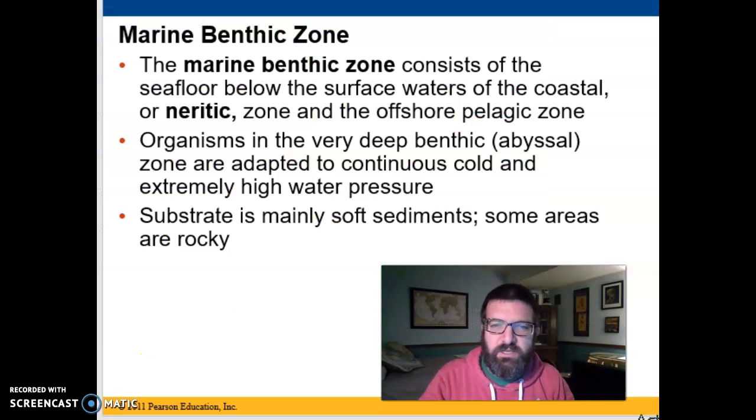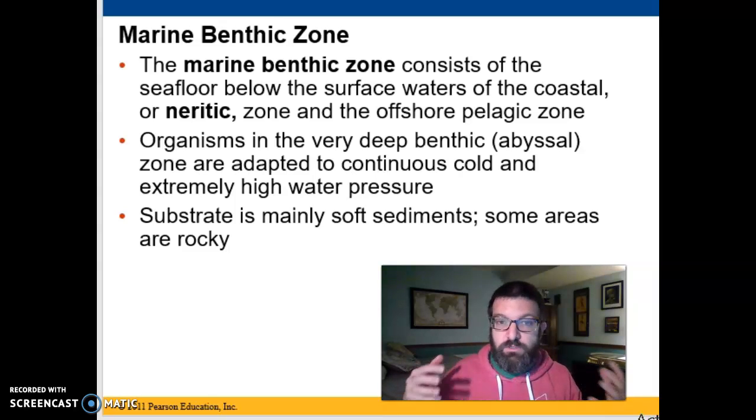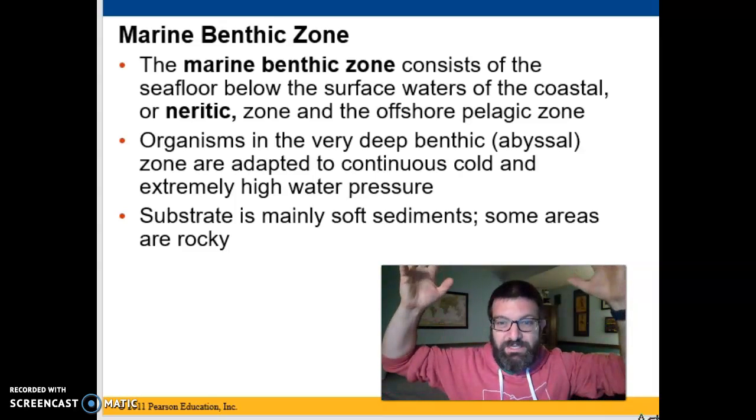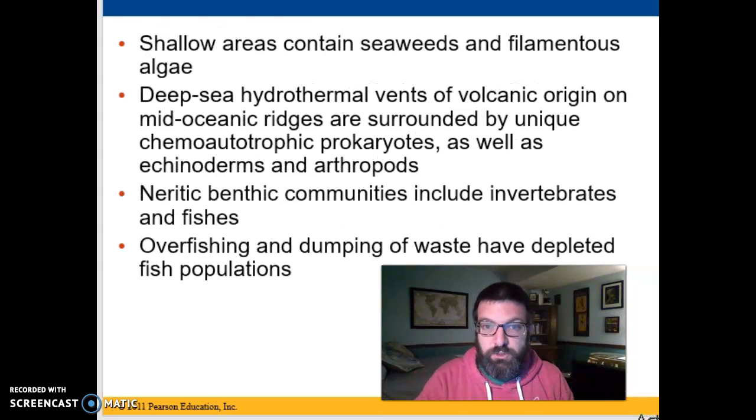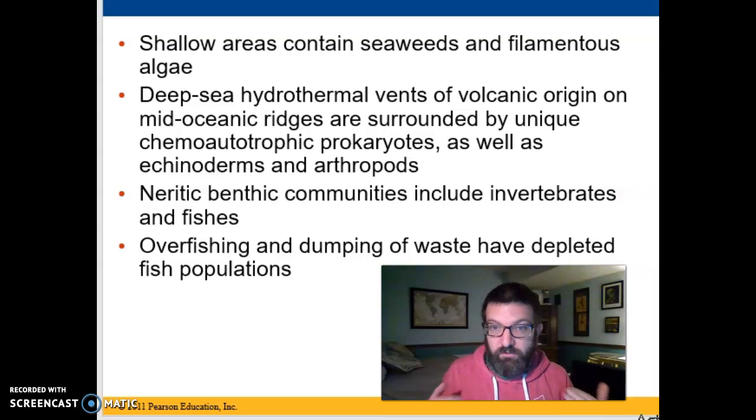The benthic zone is less beautiful, but it tends to be filled with nutrients and a very consistent temperature because you're insulated with lots of water, and you have lots of organisms that live, again, mostly on that marine snow, dead stuff, and poop that rains down from the upper layers of the ocean. Exceptions being the shallow areas, which are still benthic if you're on the bottom, where you can have seaweeds and algae and things that photosynthesize, or deep-sea hydrothermal vents, which have their own sources of nutrients with chemoautotrophic prokaryotes that